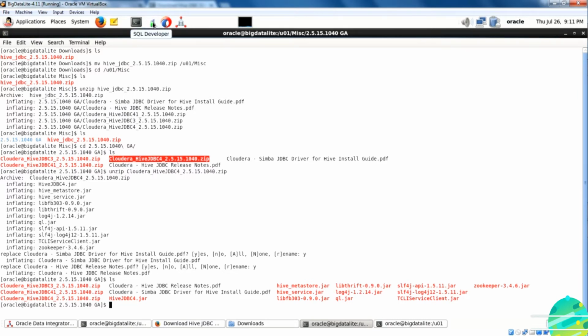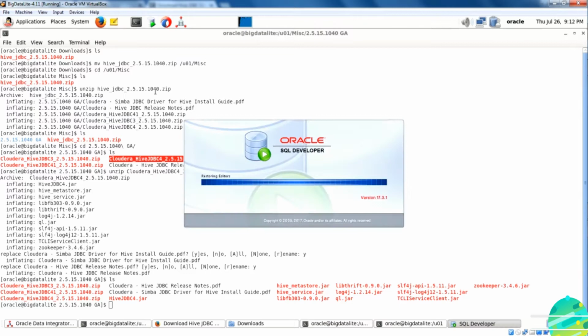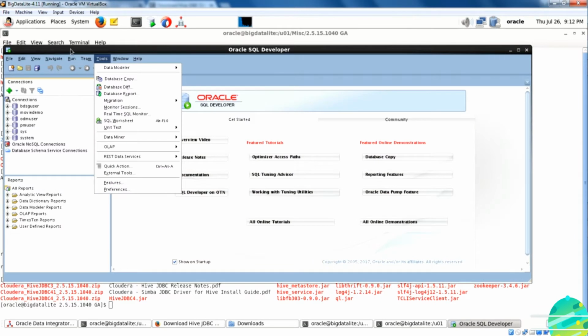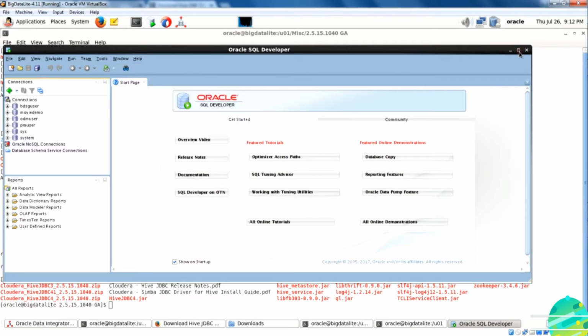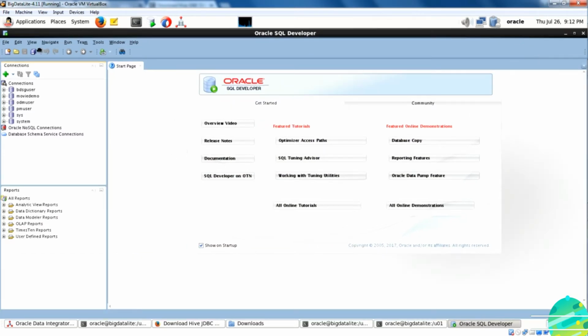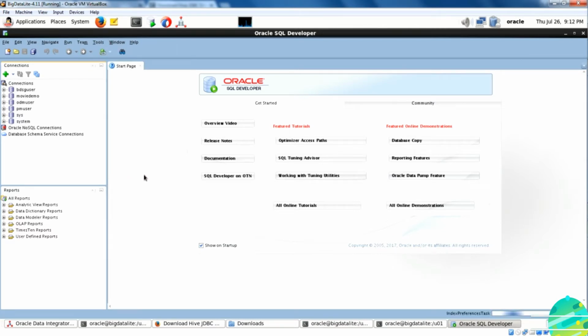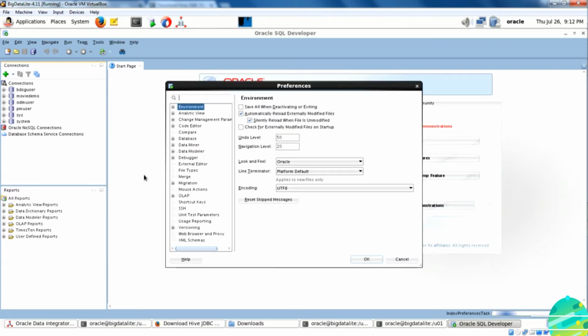Next, open SQL Developer. Very good. Go to Tools and Preferences. In the Preferences, go to Database, and in Database go to third party JDBC driver.